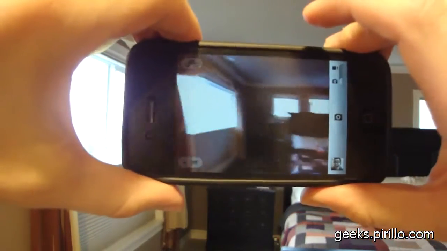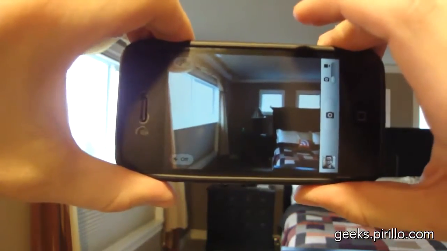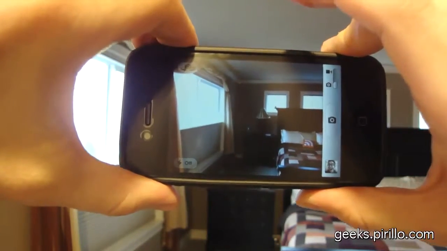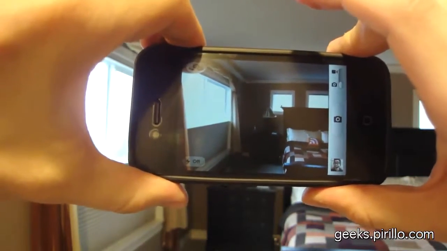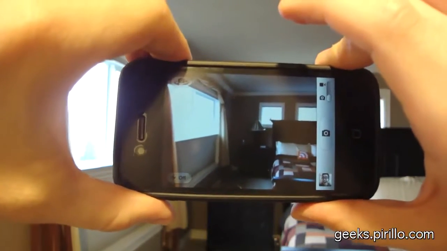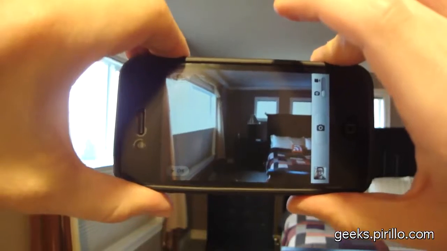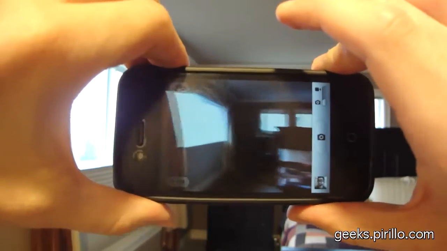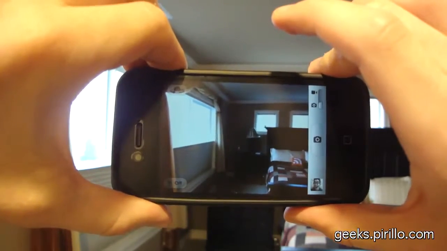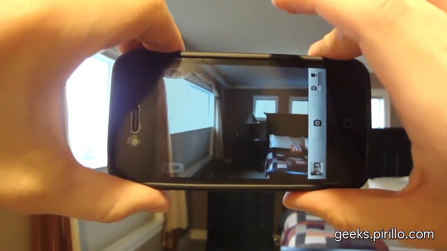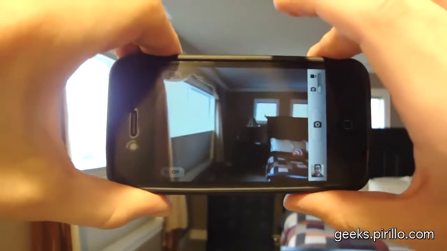I want both. And the only way to really get both from the same vantage point is by using HDR, High Dynamic Range Photography. And if you're not already familiar with that acronym, you will soon become familiar with it, as iOS 4.1 due out this week will support HDR right within the default application for the camera in either the iPhone or soon the iPod Touch, which at this point in time when I'm recording the video isn't available